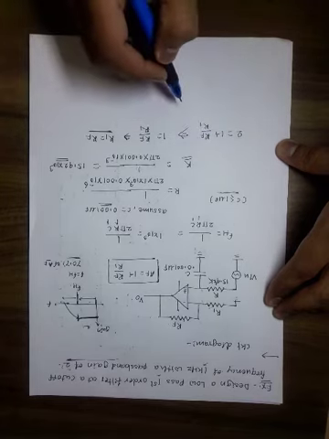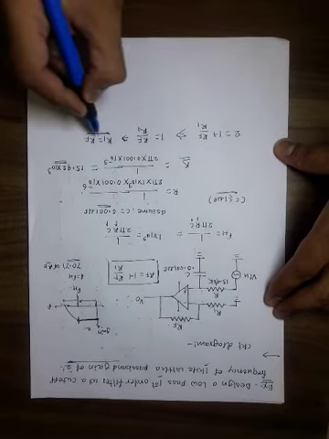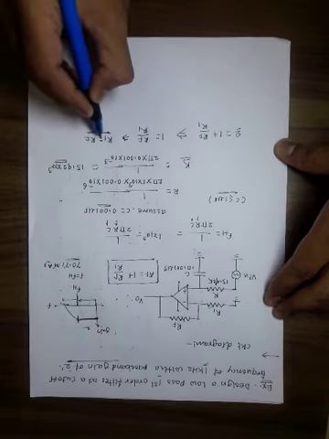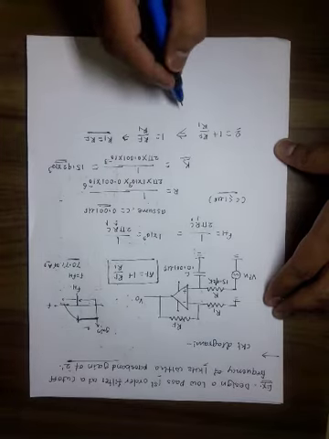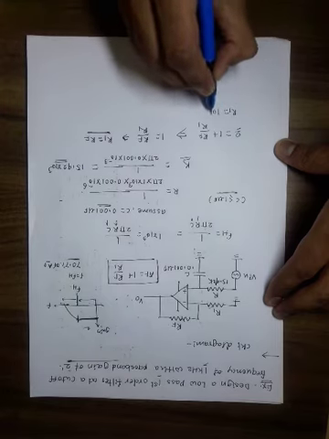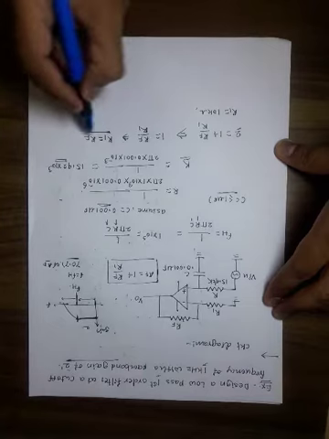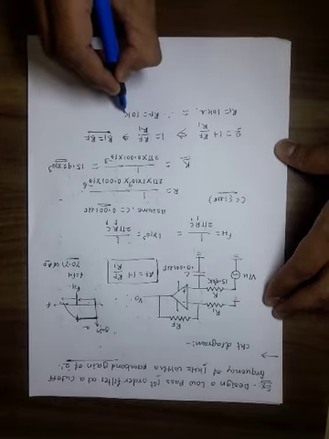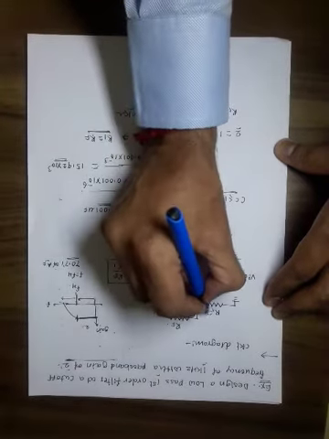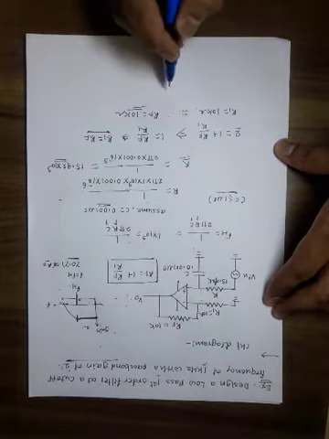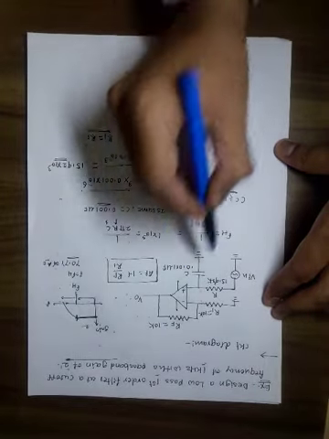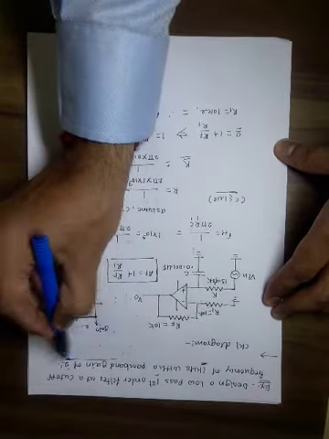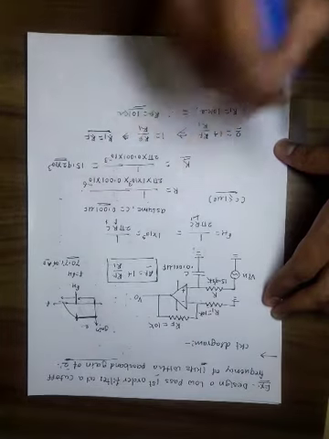This formula gives us the relation between R1 and RF. Any one we have to assume and the other one we determine. For this value of passband gain, R1 equals RF. Suppose I select R1 equals 10 kilo ohm. Then from the relation, RF equals 10K. So R1 equals 10K and RF equals 10K. This is a simple numerical: design the low pass first order filter at a given cutoff frequency and passband gain using these two formulas, AF and FH.